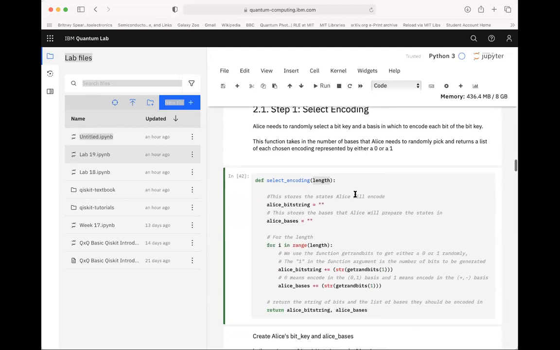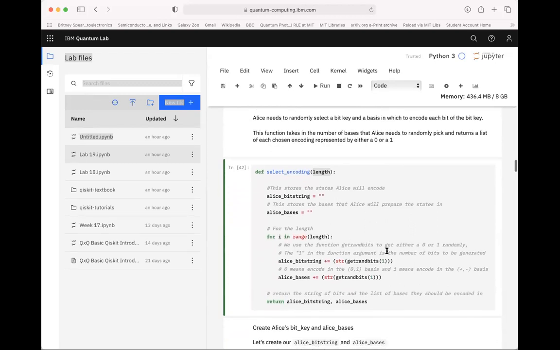So all this is doing is initializing an empty bit string, the information that Alice is going to encode, and then an empty basis string, which are the bases that Alice is going to encode her qubits in. So remember from our